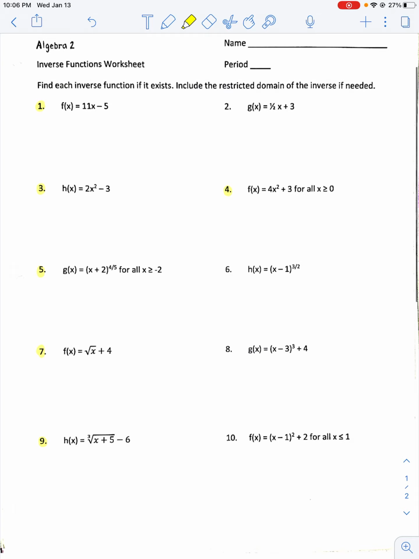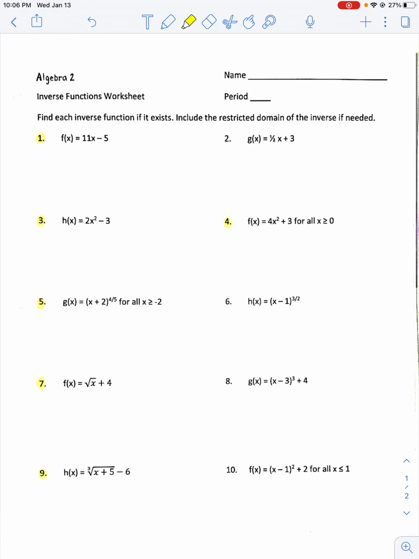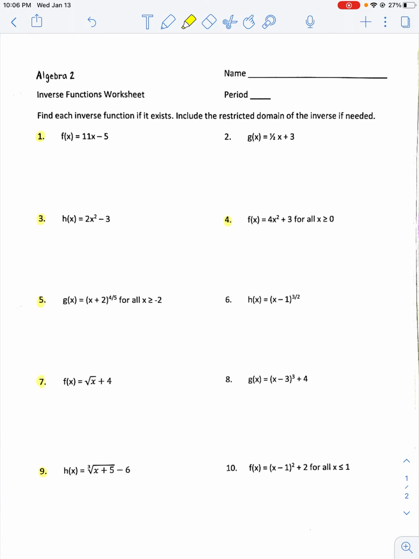Let me remind you, I know you might be almost out of time and not able to use a calculator here for this assignment, but on your Chromebooks, you all have the TI-84 Plus available to you. So please use it and check to see if these are going to work. I will tell you, 2 of these on the homework do not have inverses. So you're really only going to have to work out 4 of the problems. 2 of them, after you graph them, you'll see they don't have inverses. So give this a try, and we'll see you on